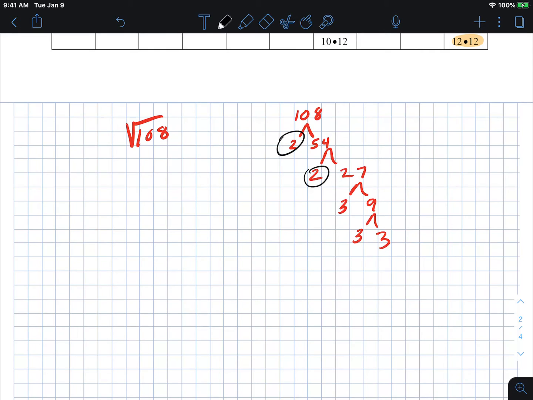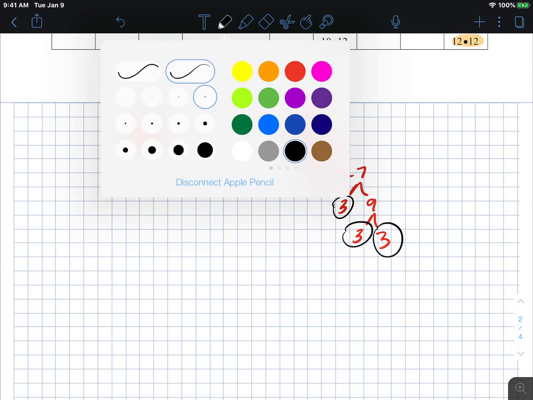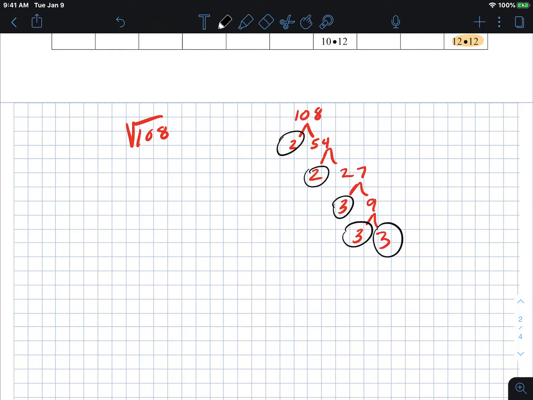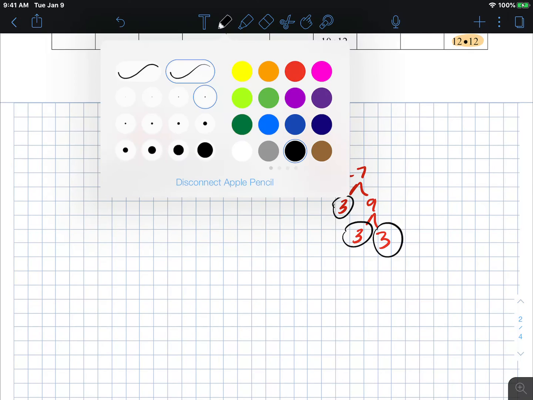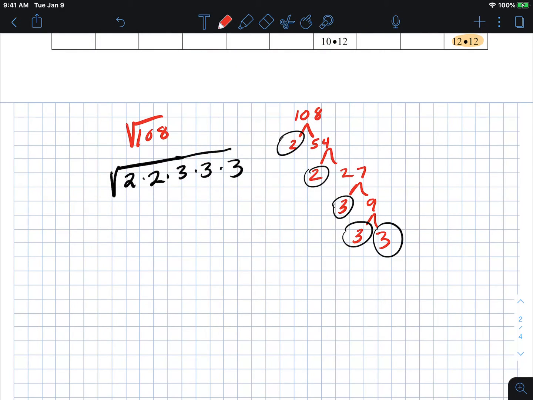That's a 2, 2, 3, 3, 3. And then I would list my product of factors under the radical, and it would be 2 times 2 times 3 times 3 times 3. All right. And so when I have all my factors under the radical, there's this story about factors and radicals